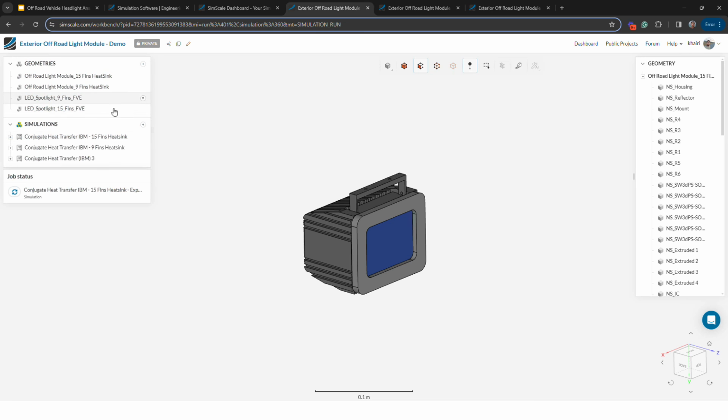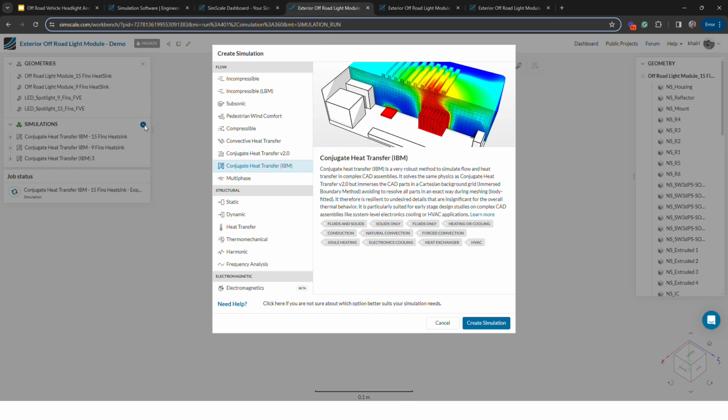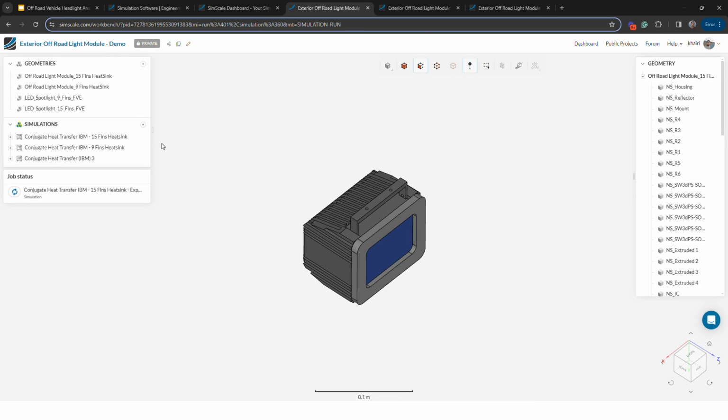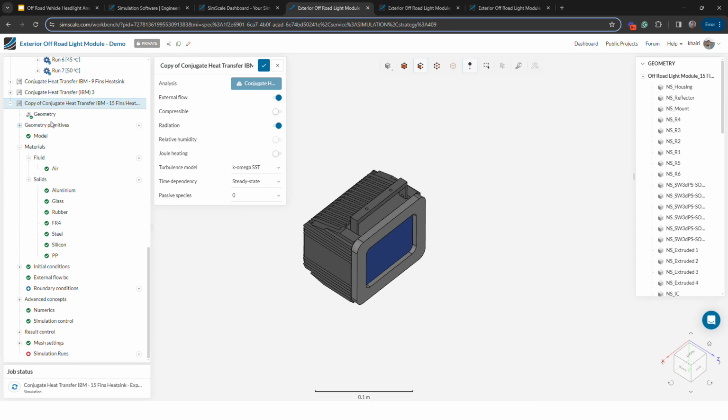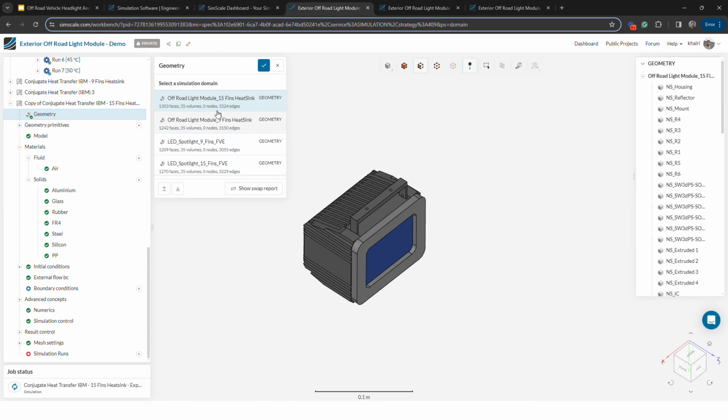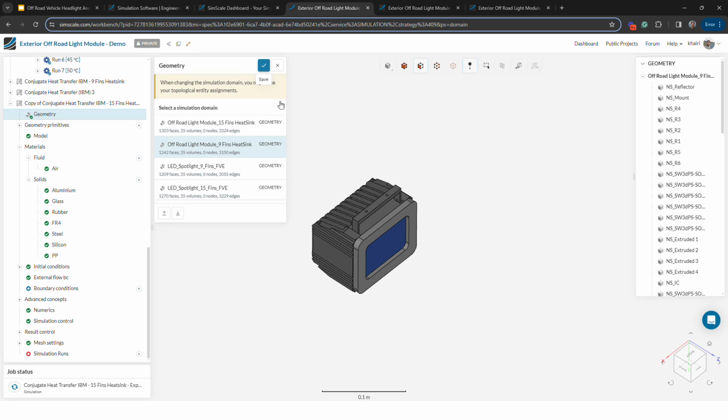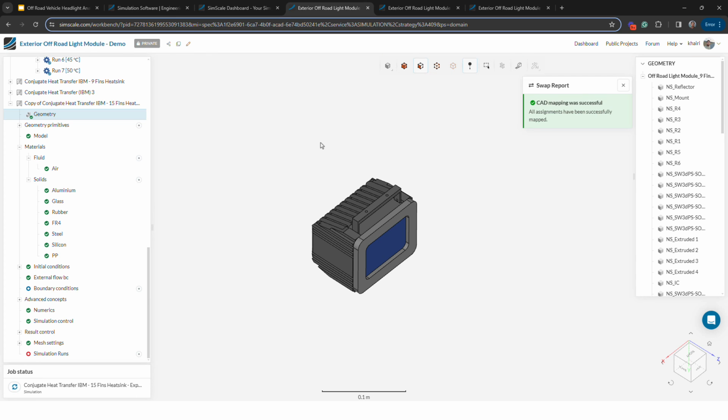Now I do have another heatsink design that I would like to investigate, and I could of course just go ahead, create another simulation, and do the same setup completely. But I can save this time and run this more efficiently by making use of this existing setup as a template, and then I can simply swap the geometries between the 15 fins and the 9 fins geometry, and all of the same CAD entities will be mapped to the simulation setup over here.